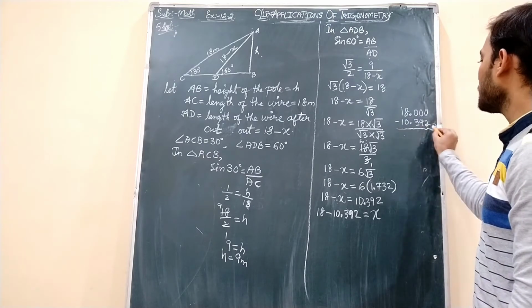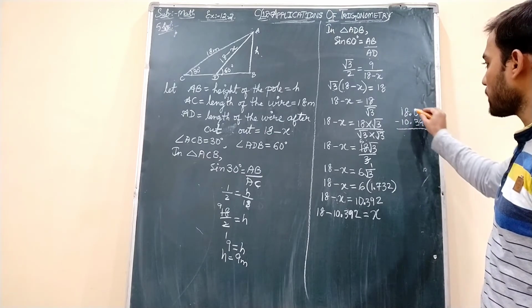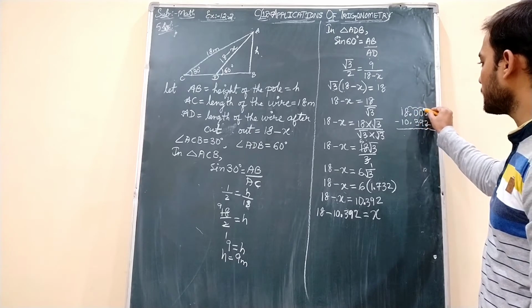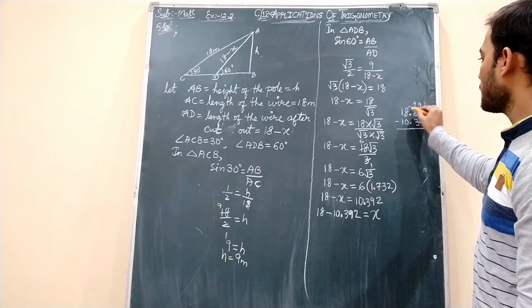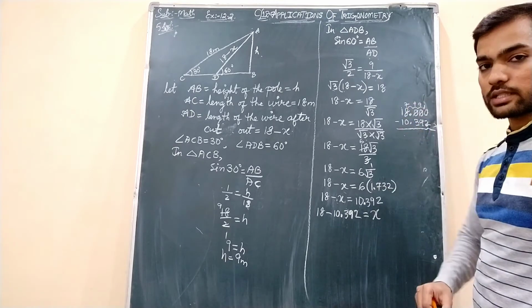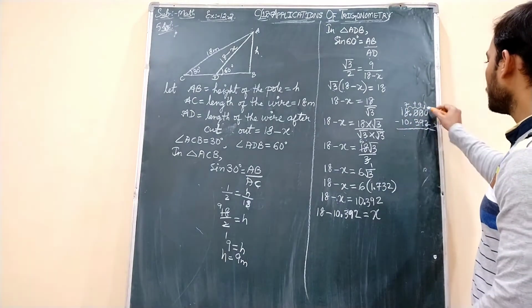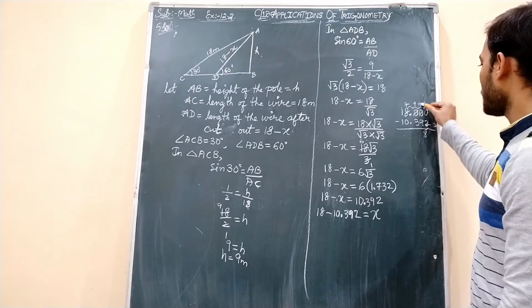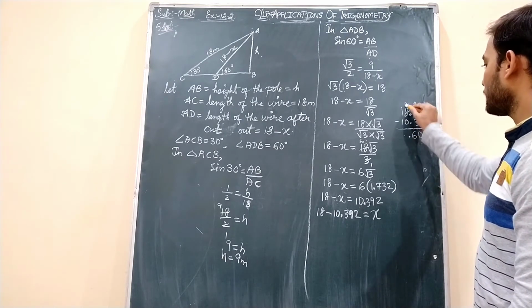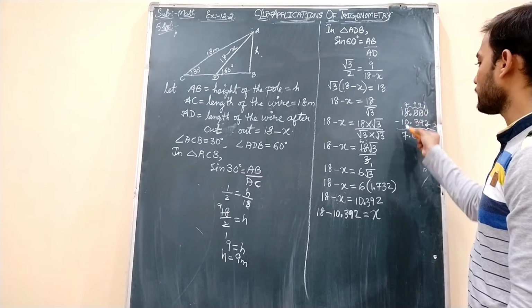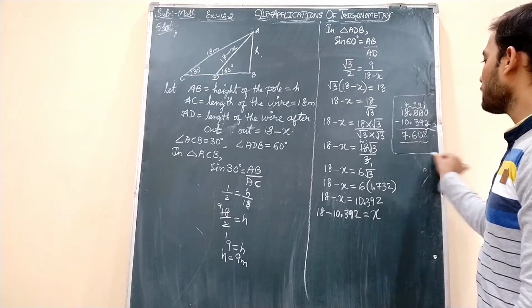10.392, students. Okay. So 0 minus 2 is not possible, so borrowing from here. This will be 10 now, and this will be 9. This will be 9, and this will be 7, students. So 10 minus 2 is 8. 9 minus 9 is 0. 9 minus 3 is 6. And this 7 remains as it is. 1 minus 1 is 0 only. So this is your rough column part.